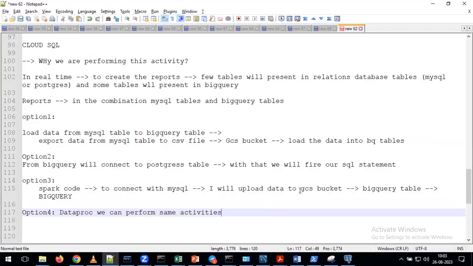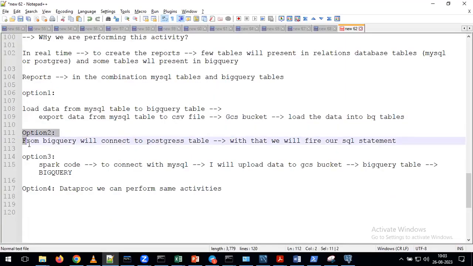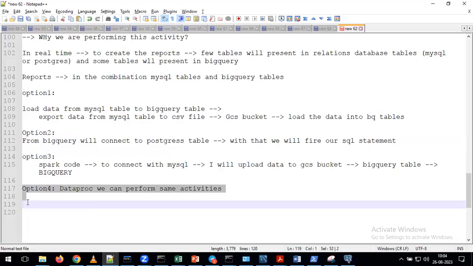But so far, the approach you know about is only the first approach: how to upload the file to the GCS bucket, and from the GCS bucket how to load the data into the BigQuery table. But in every project, we are going to perform the same activity, or we are going to see the second kind of activity, the third kind of activity, the fourth kind of activity. Now, today I got a chance to explore the second option.